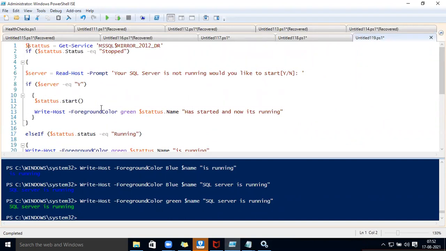What it is doing now: we are putting in the services of this SQL server. If status is equal to stopped, at that time we just start the service. But here, the SQL server asks: your SQL server is not running, would you like to start it?